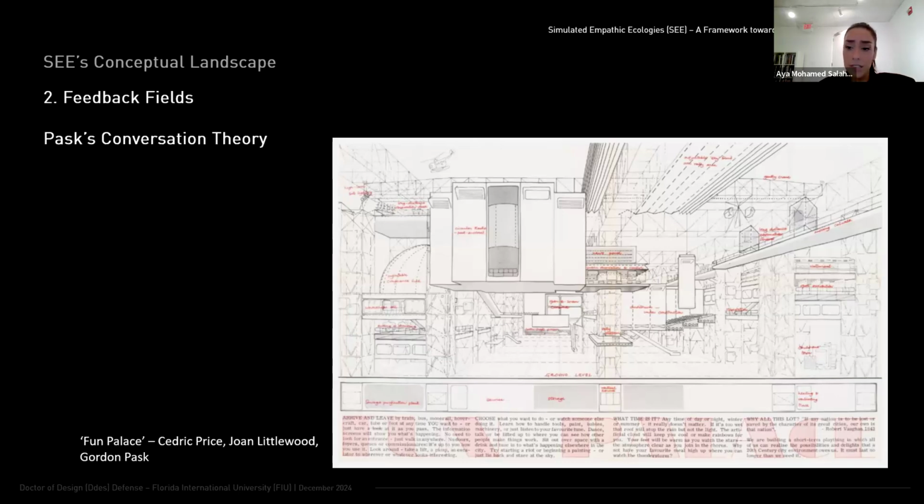It basically looks at systems as input-output control ones. But the aspect that I really want to highlight here is Pask's conversation theory, which is considered a second-order cybernetics, building upon the foundation of first-order cybernetics and offering a more nuanced understanding of systems. Conversation theory delved into the mechanisms through which participants can be in dialogue to co-construct knowledge, framing communication as this dynamic process.